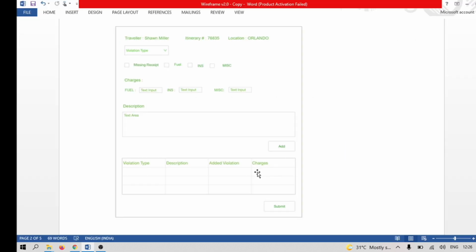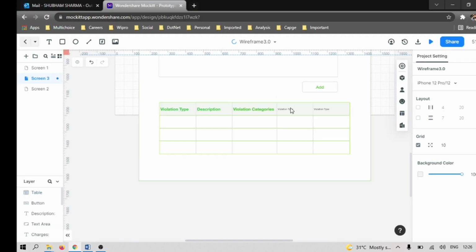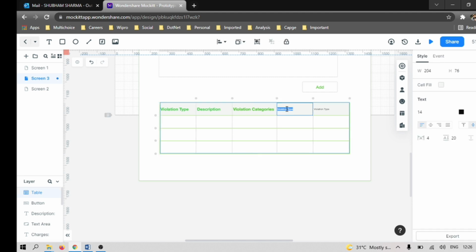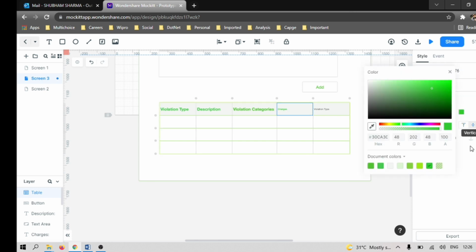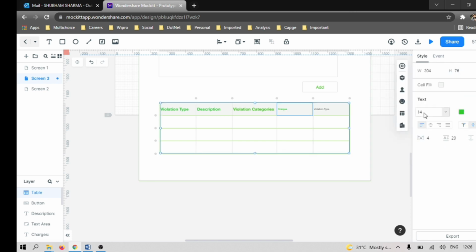Next is charges. 24 and the setting is going to be okay, and the third one is action.